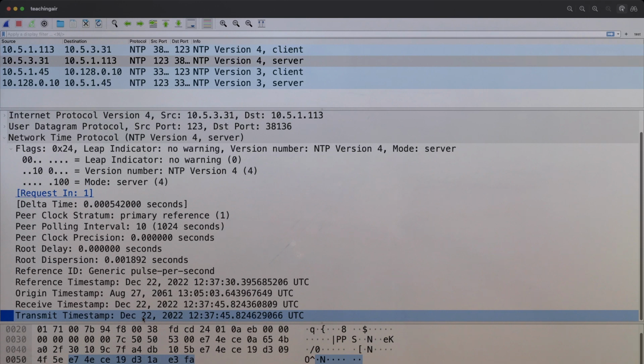But then there are some vendors that also like to use pool.ntp.org for their devices as a pre-configured NTP server. That has caused some issues in the past, where I think it was D-Link all of a sudden started using pool.ntp.org, and all these millions and millions of D-Link devices started overwhelming the NTP pool. In order to fix that, the organizers of pool.ntp.org reached out to vendors, and now you often see vendors use specific NTP pool time servers like